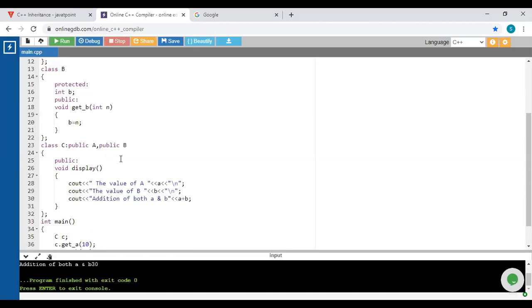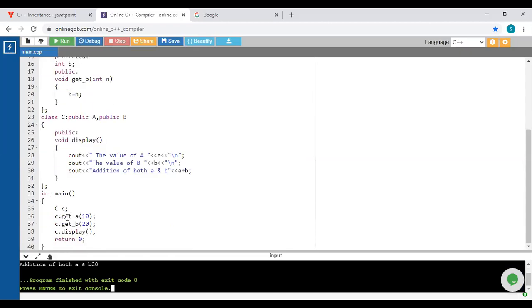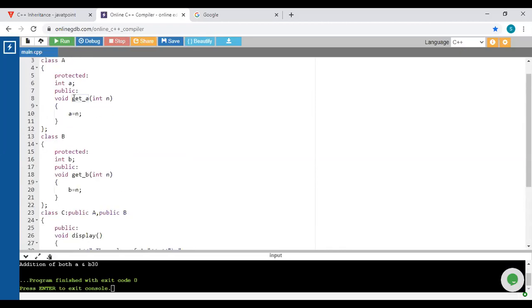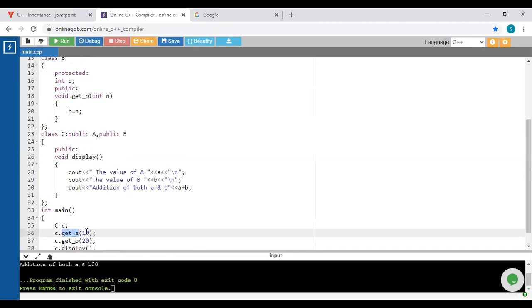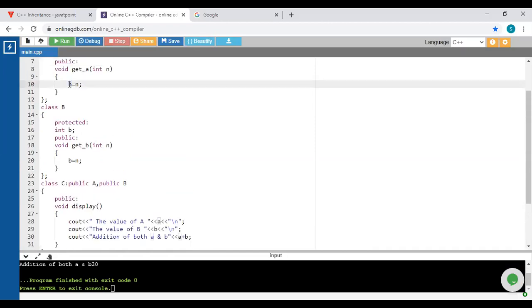So with respect to this object, the C object, we have called the get A method, which is available inside class A. We pass this 10 value to the variable n, and that value is assigned to the variable a.